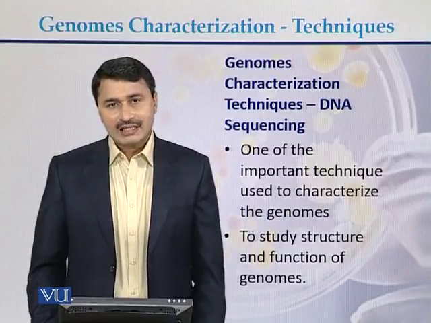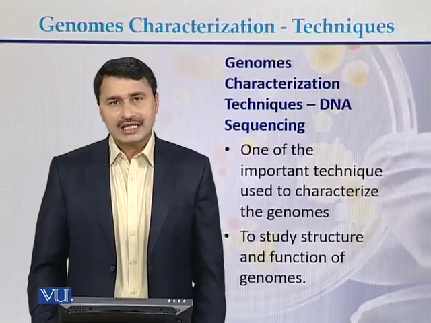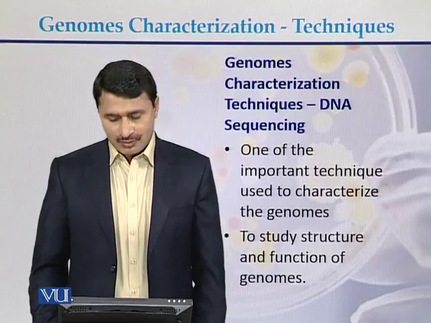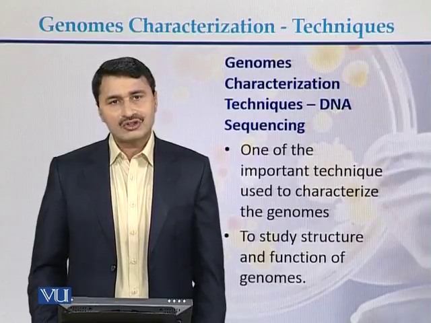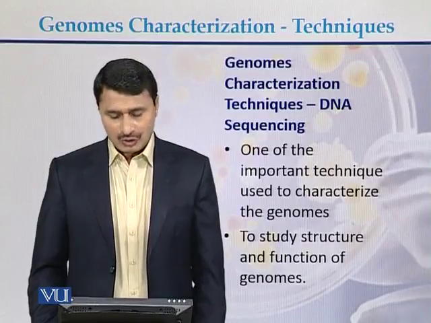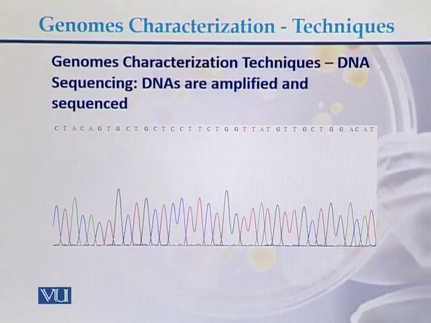This technique was actually used to sequence the DNA or to sequence the genomes and to study the structure and function of the genomes. This is the chromatogram showing how, when DNA or the genomes are sequenced, we get the sequencing results. In DNA sequencing, DNA is amplified and sequenced. When we sequence the DNA, we see the peaks, like this is the blue peak of cytosine, a red peak is of